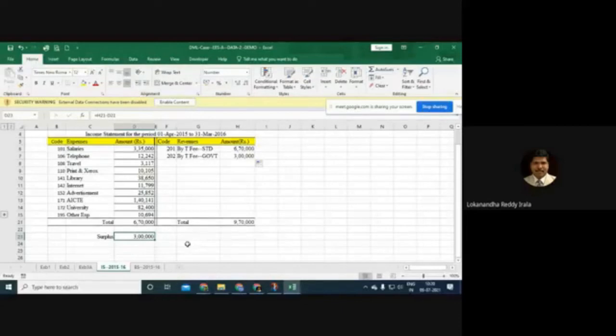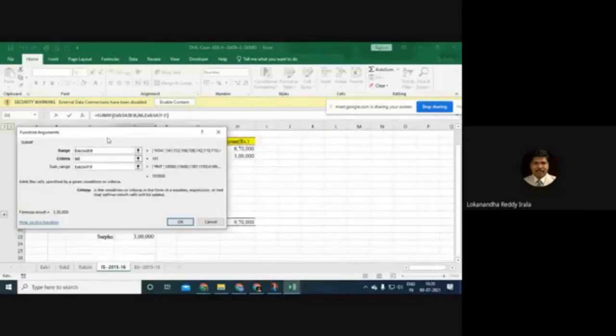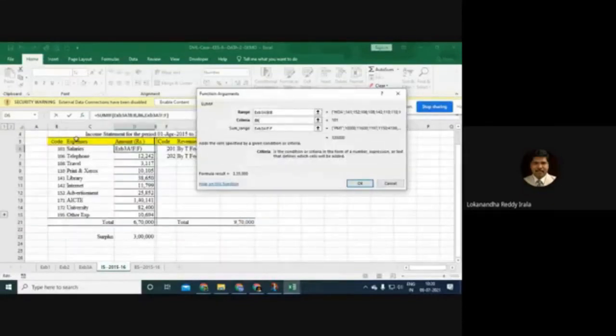If I had asked you what is the SUMIF function, all of you would have answered, right? Yes, sir. Then if I asked you independently how to make an income statement, you should have answered, right? Yes, sir. Then why are you not able to connect these two things? Sir, we don't have those codes, sir. HOA codes. No, that's okay. You could have tried it, with criteria being something like salaries. See here, because I have given code, I have mentioned B6. You could have tried it with salaries.